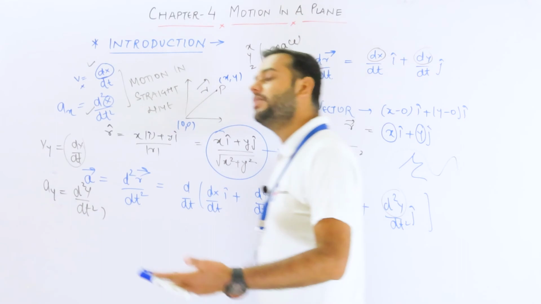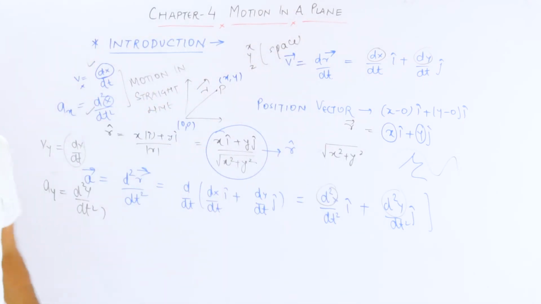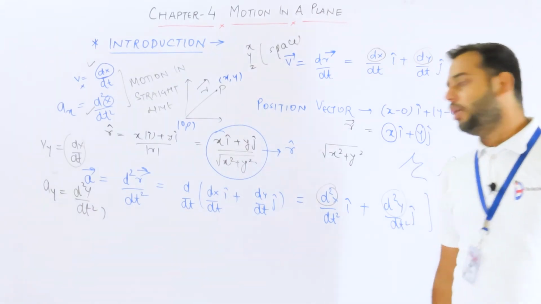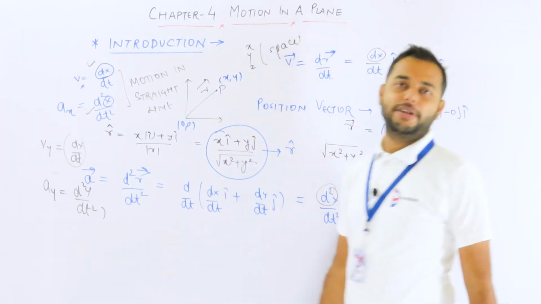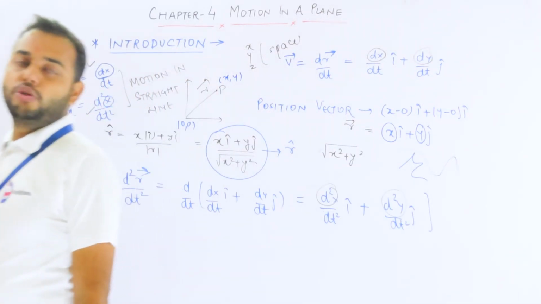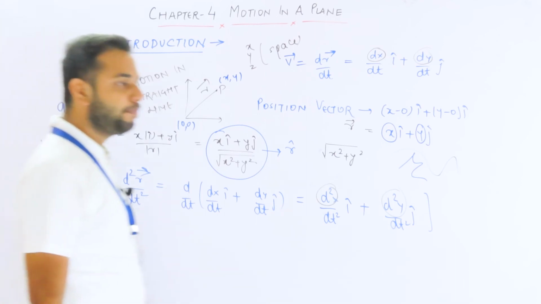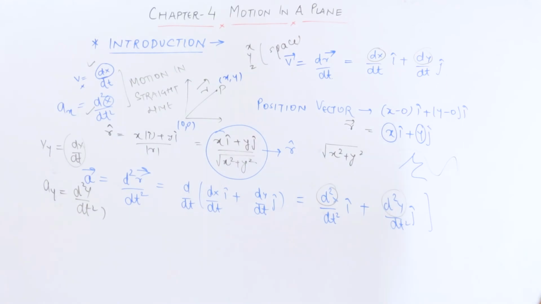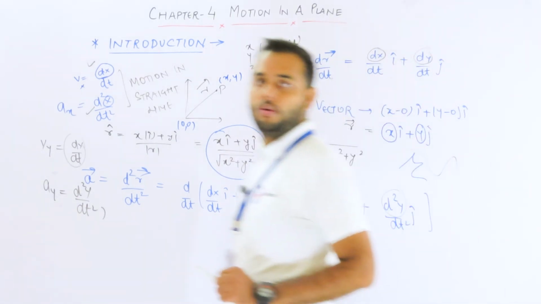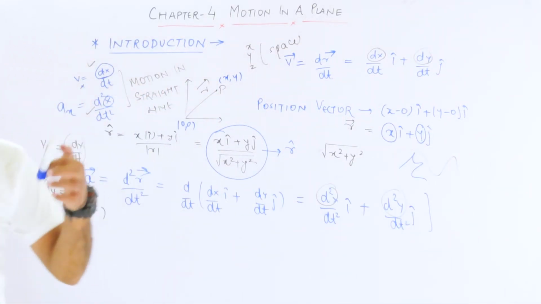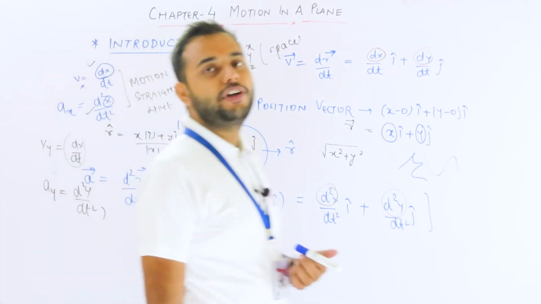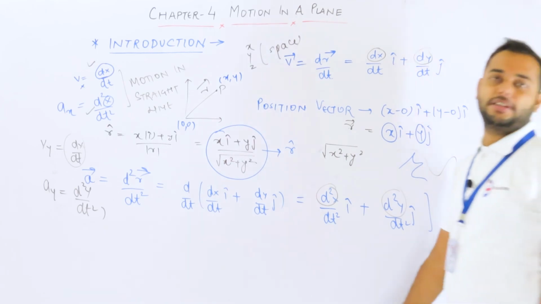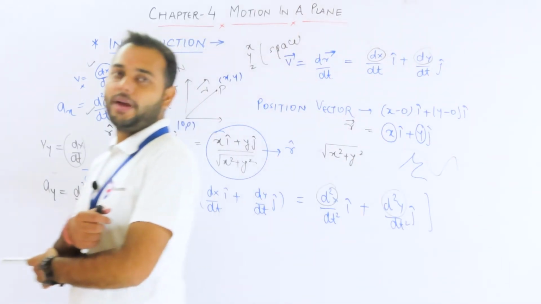If a particle moves in a circle, that is motion in two dimensions. If a particle moves in a cylinder, that is again three dimensions. So let me know some examples of motion in two dimensions. Motion in two dimensions could be a pendulum clock, the earth moving around you, a man walking in a straight line? Absolutely not, guys, absolutely not. A man walking in a straight line is motion in one dimension. That is motion in a straight line.